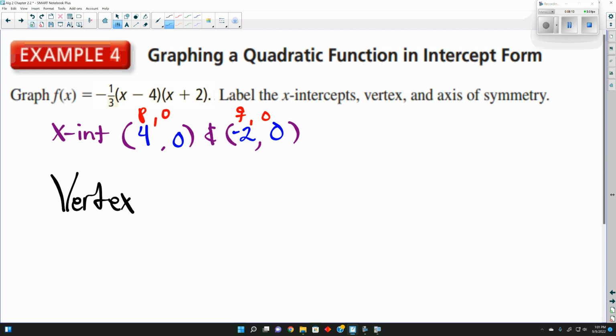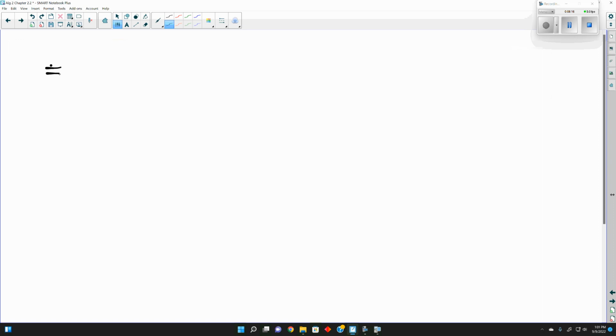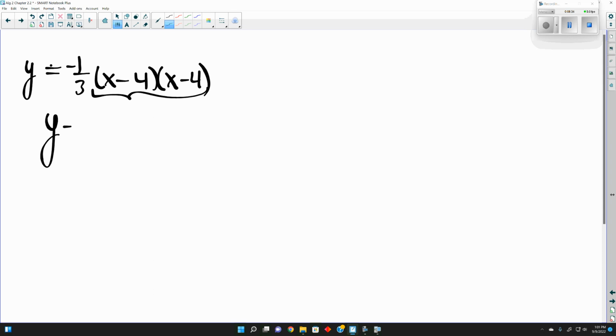So, I mean, we could have this here, yes? But like you're saying, it would be kind of vertex form. Because really, what is this here? X minus 4 is being multiplied by its. So I could actually rewrite this as negative 1/3 times x minus 4 what? Which would mean the vertex is the point